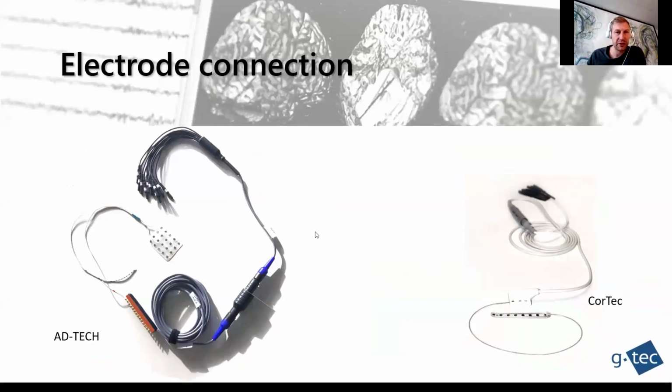So here are examples for electrode connections. This is one of the major electrode manufacturers in the United States, g.Tec, and here we have a standard grid clinically used, usually with 4 by 5, so 20 electrodes in total, with 1 centimeter spacing, and here the exposed diameter is 2.3 millimeters, and that is a clinically widely used grid, mainly for the purpose of epilepsy monitoring and seizure localization